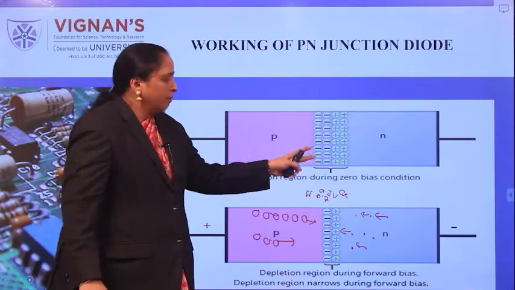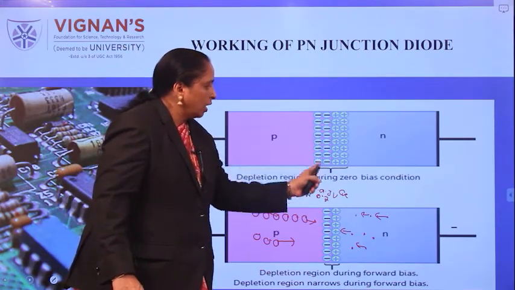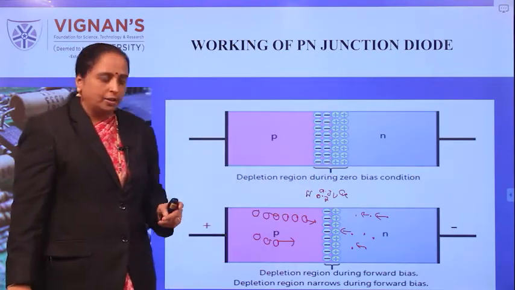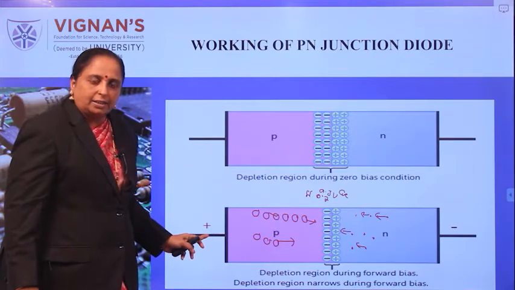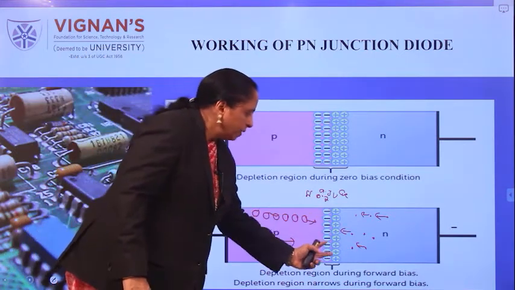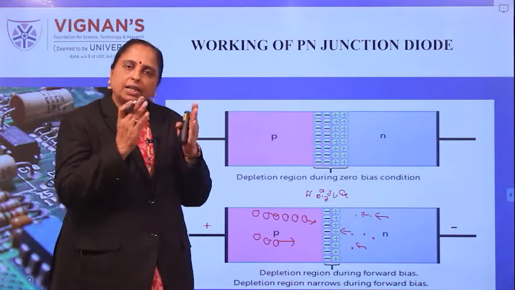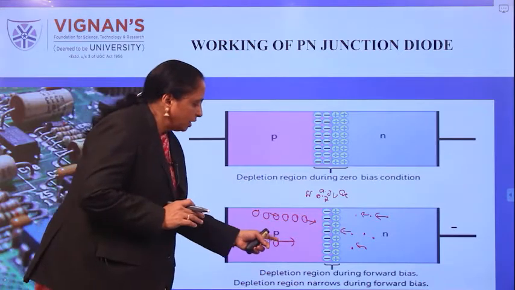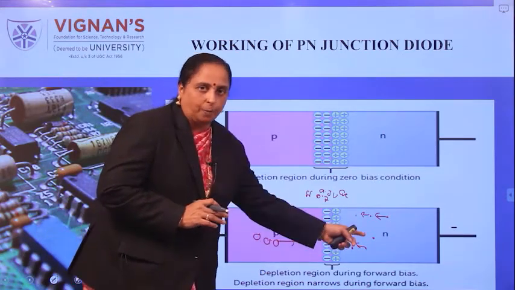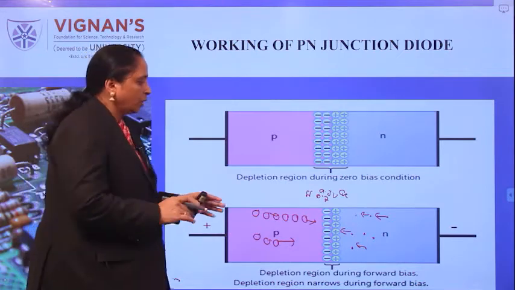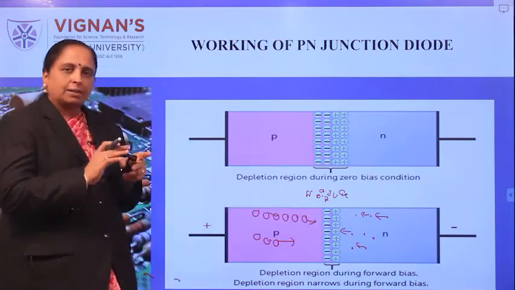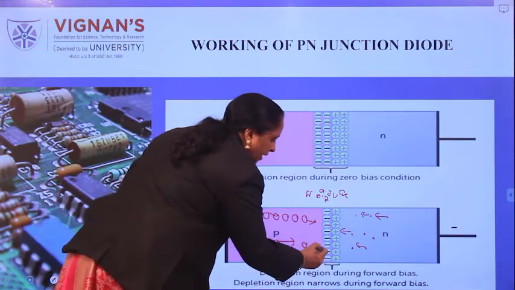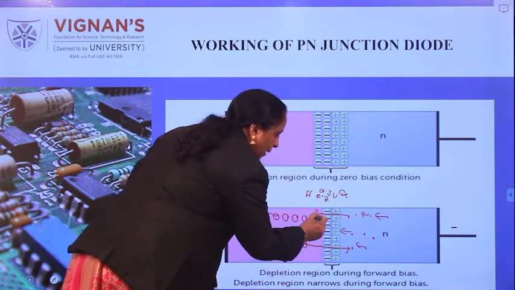As you see here, without any bias, there are two columns of negative charge distribution and two columns of positive ion distribution. See, whenever you are increasing the external bias, automatically the depletion width decreases. Width decreases means resistance decreases. Resistance of what? The resistance to the carriers to cross the barrier in the opposite direction decreases. Therefore, automatically after some time, the depletion layer disappears. Therefore, there is a free flow of carriers from this side to that side.